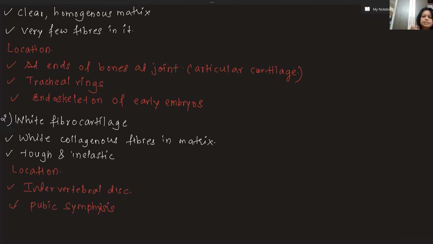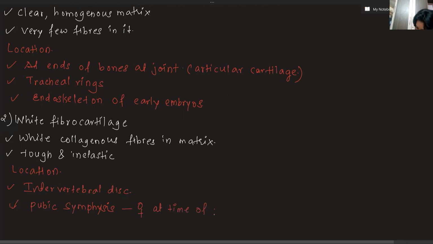In female, at the time of parturition, due to influence of one hormone called relaxin, a hormone which is released